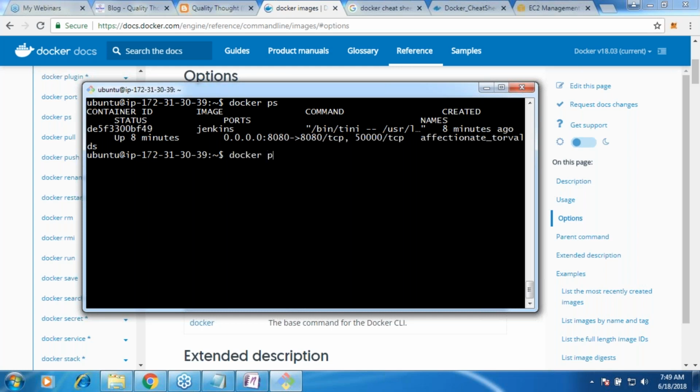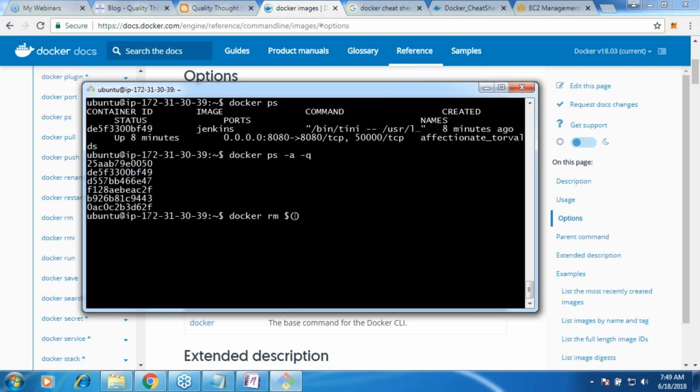Docker ps -a and -q. What is it giving? All the container IDs. Is this not what I want? Yes. Now the output of this I'll be passing to remove. So what can I do? Docker rm, and now I am executing one more Linux command. Whenever you want to execute a sub command within a Linux command, you'll use something called $. Simple.